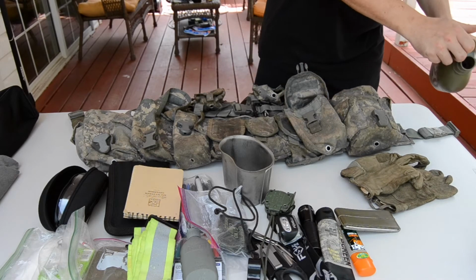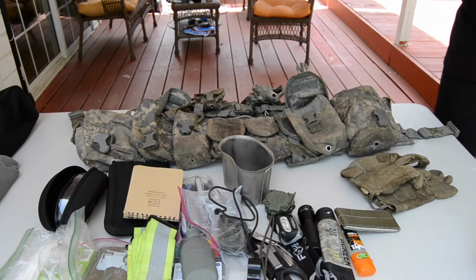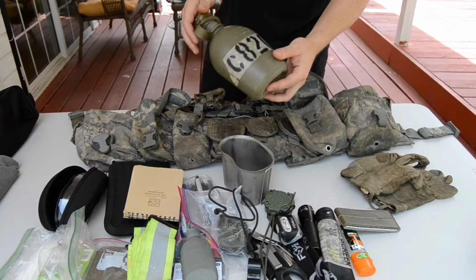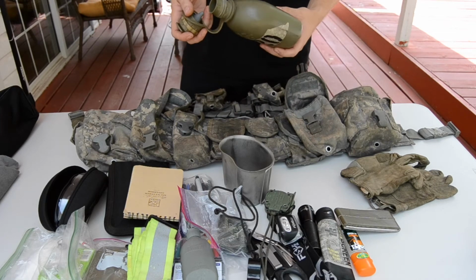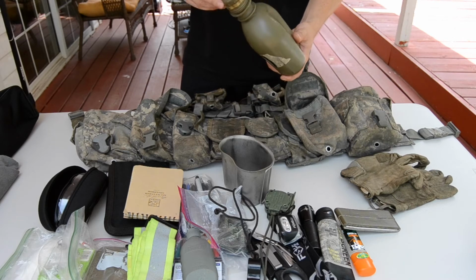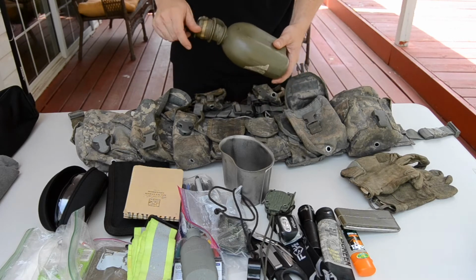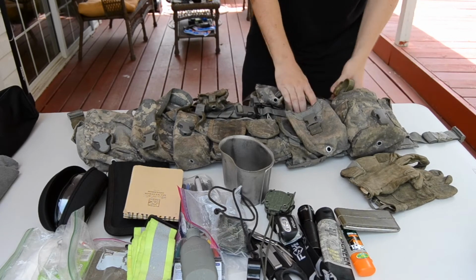So when you come back, you empty your canteens out. You put a teeny tiny couple drops of bleach in there, shake it up, let it sit in there for a little bit, and then open it up, pour it out, let it dry. It does a good job of making sure there's no mold or anything left in there from the past operation you did. So canteen and the canteen cup,